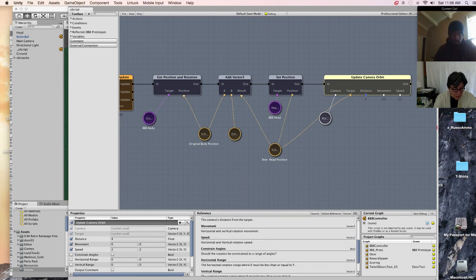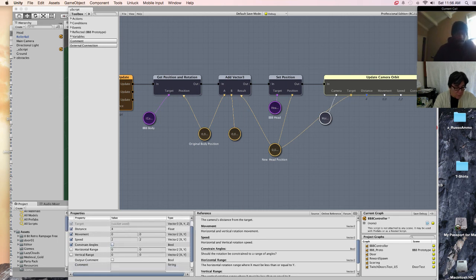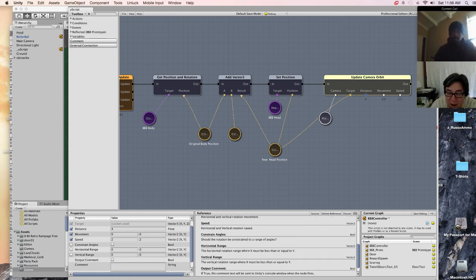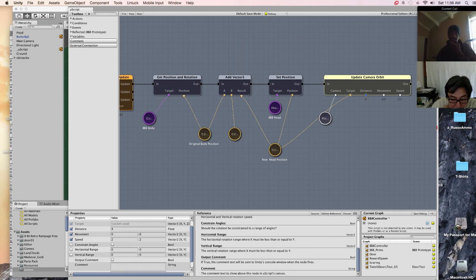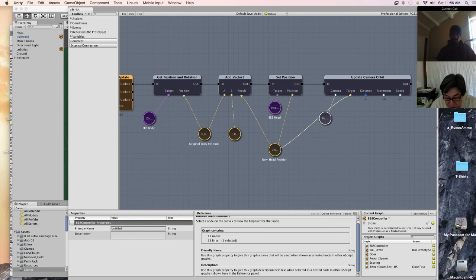Do we want to constrain angles? Follow how? Well, I'd like to keep it always, let's say, quote unquote, behind the target, right? Right, which is like, where's that position? You know, I wonder, let's actually unhook this.